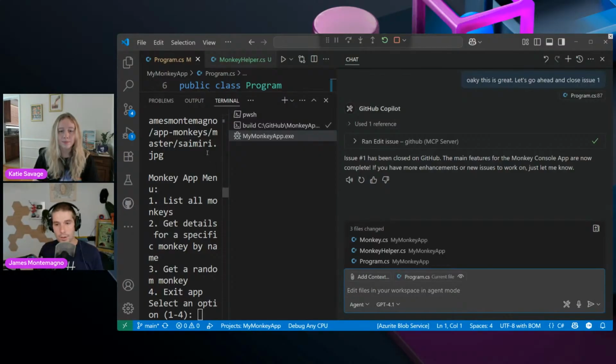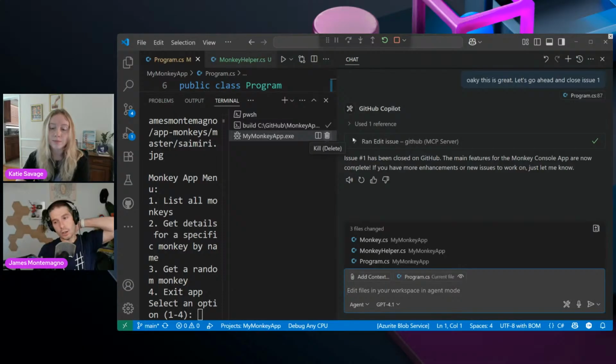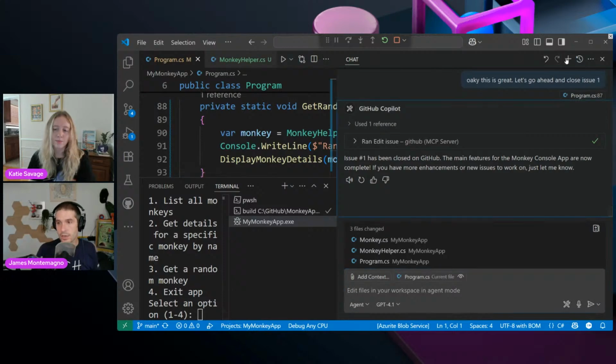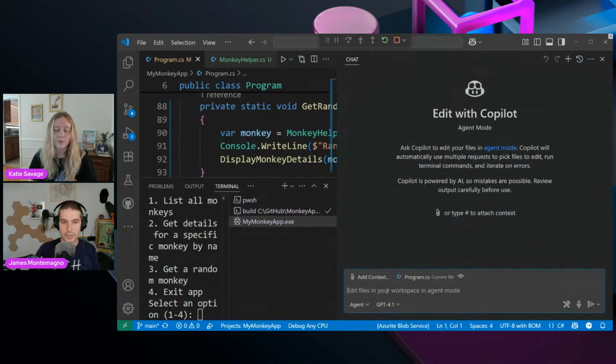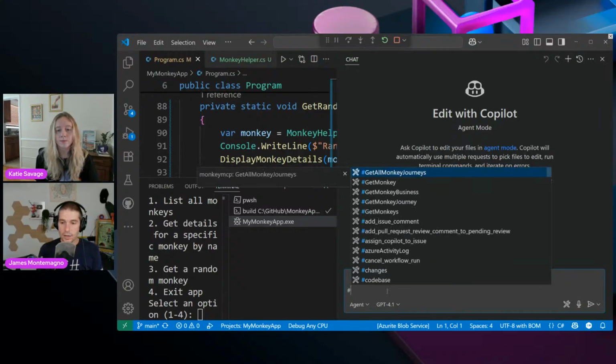So again, that's the way of iterating in general of doing these things. Now, I do want to talk a little bit about other things that you could do. So you're like, okay, here's this monkey thing. We just created this monkey app, with the monkey data inside of it. But you can do a lot more. This monkey sample is the idea of connecting to a data source. But you may have also noticed there are all different options in here, like get monkey journey, get all monkeys journey. So what I did, Katie, was, you and I were thinking about what you said earlier, which is real-time data, right?